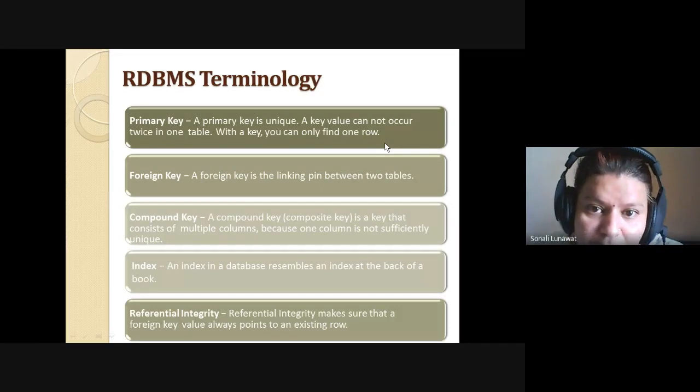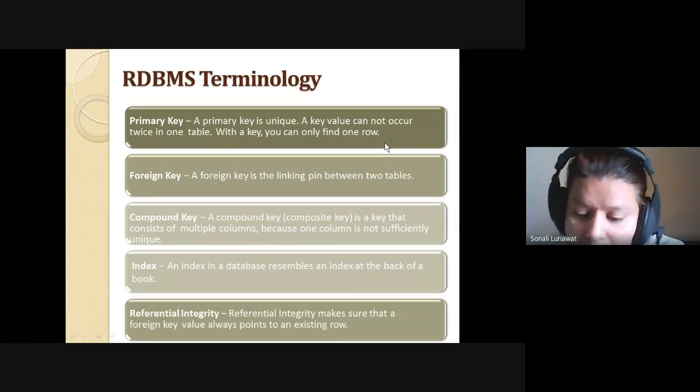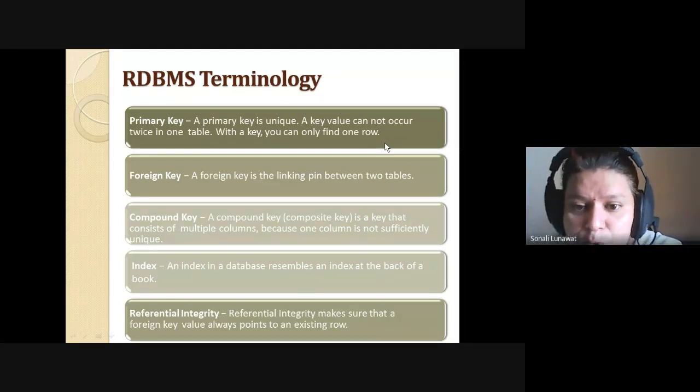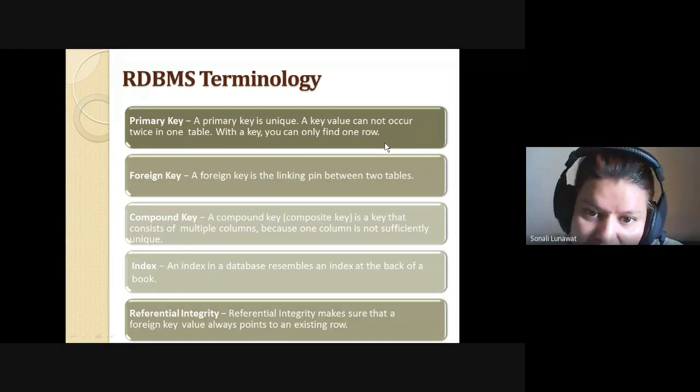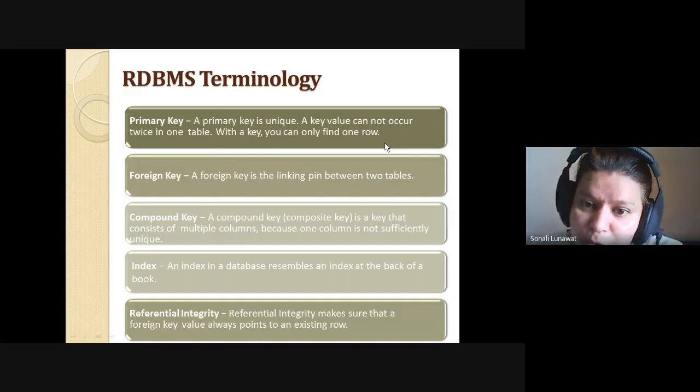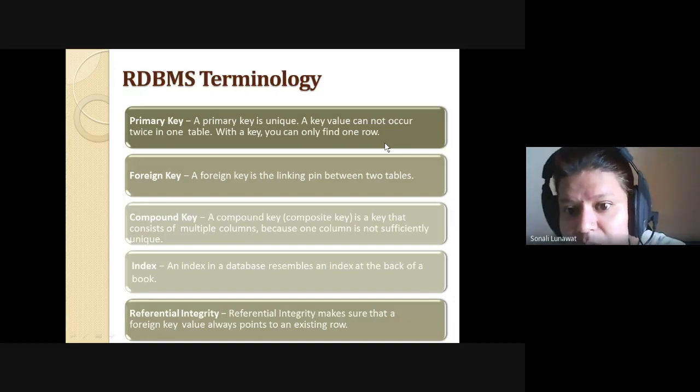Now, the first thing we have to learn is the primary key. When we come to a table, the first part is that we have to find a primary key. Now there are certain steps to get a primary key. I have already talked about the primary key in the last lecture, but still we'll repeat. A primary key is a unique key. In SQL you will also find a feature called unique. So how do a primary key and a unique key differ?